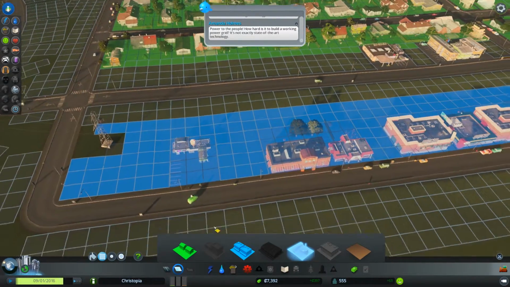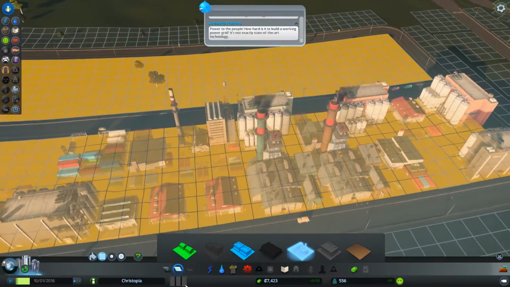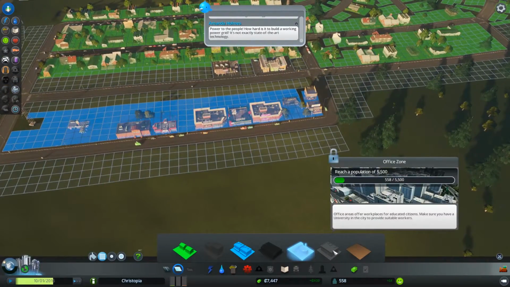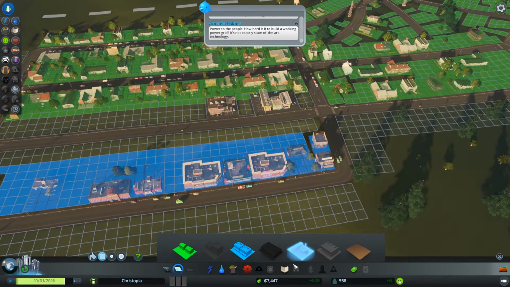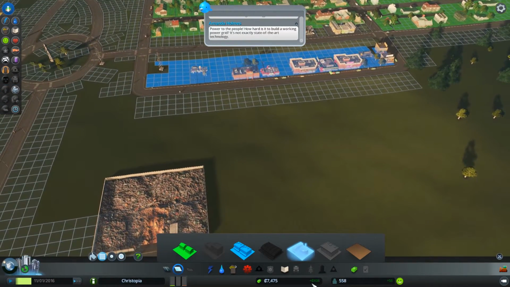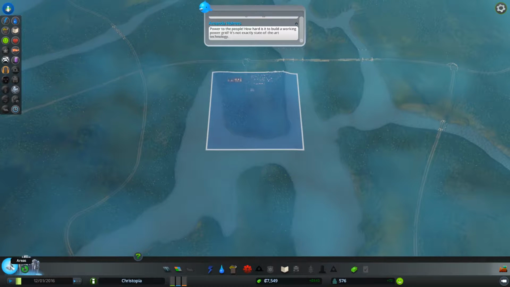But yeah. So we've got some demand for residential, and we got some demand for industry, but we have enough stuff to occupy both of those, I think, for the moment. We are making money now. We're making about $400 a week, and we're also getting more people to move in. We're getting closer to our next...